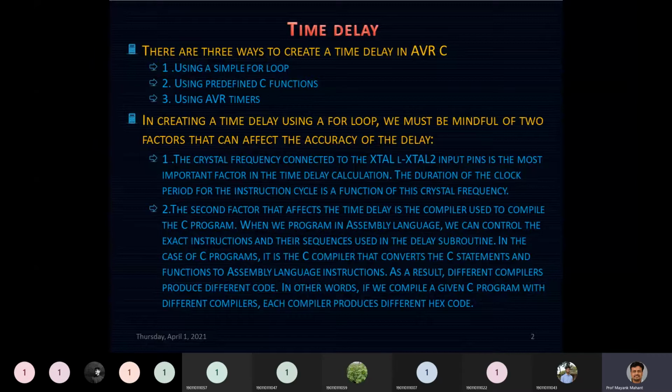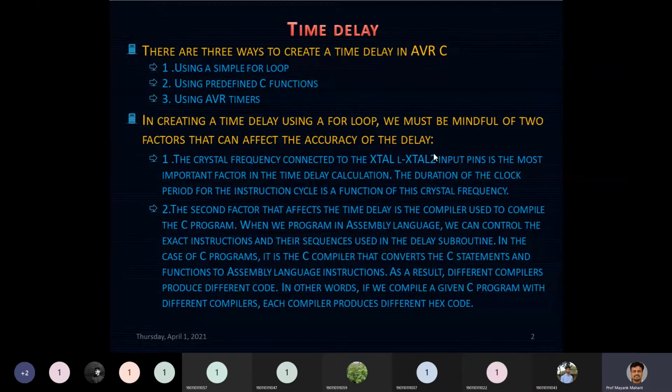Okay, in creating a time delay using a for loop, we must be mindful of two factors that can affect the accuracy of the delay. A for loop is nothing but the way we generate a delay with the help of an NOP instruction. So we must be mindful that there are factors on which the accuracy of the time delay generated depends.